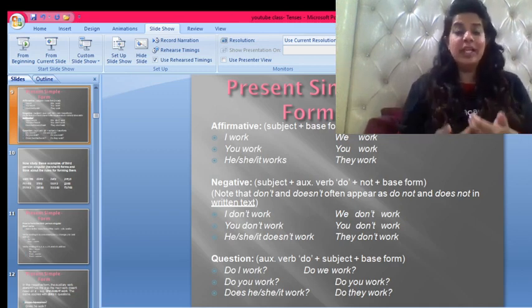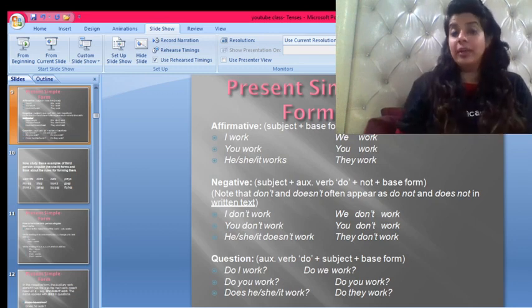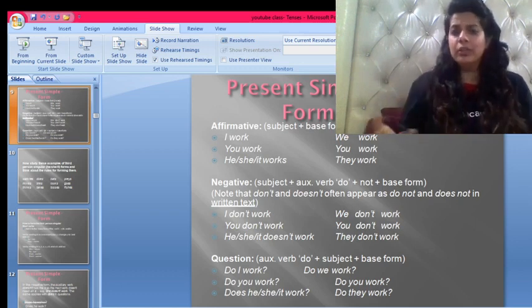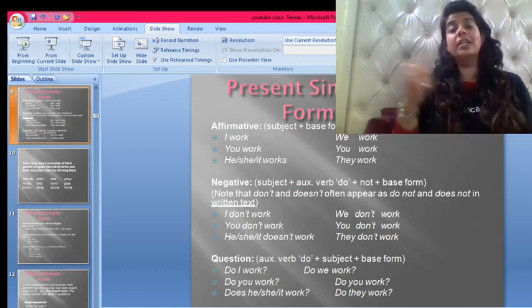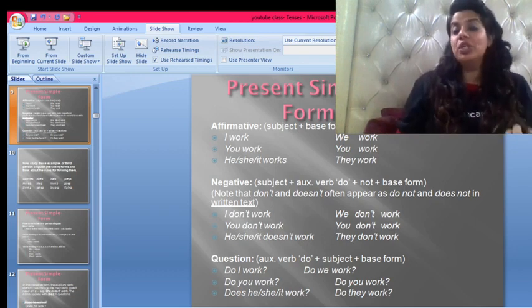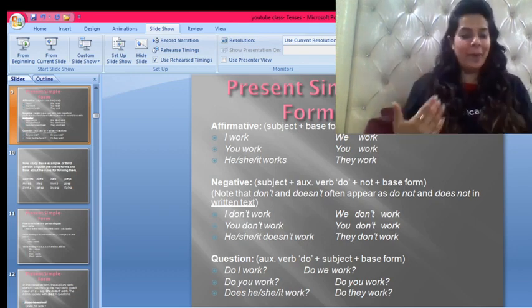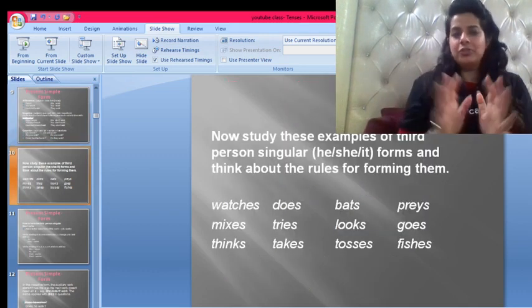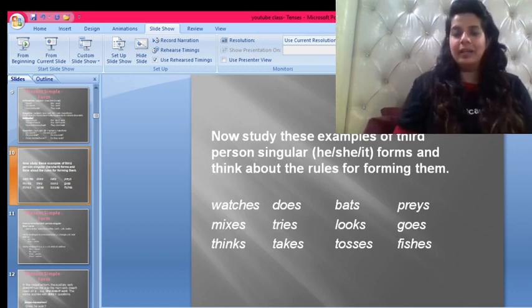And similarly, when we are changing into interrogative, the auxiliary verb comes in the beginning. Okay? So it becomes do I work? Do you work? Does he work? Does she work? Do they work? And it goes on and on. Now, after understanding the structure, let's understand that